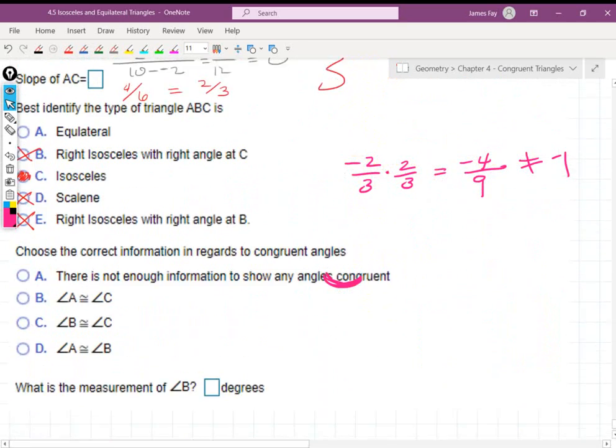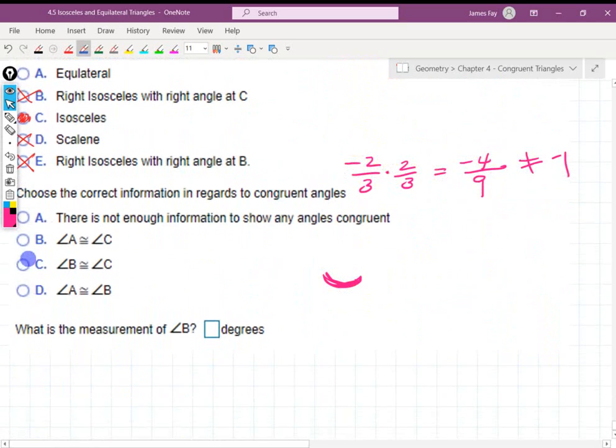So for this question, we're going to come down here and say B is congruent to C. All right. And the last one says, what is the measurement of angle B? Okay. So based on the points that I chose in this example, I cannot determine that, okay? But